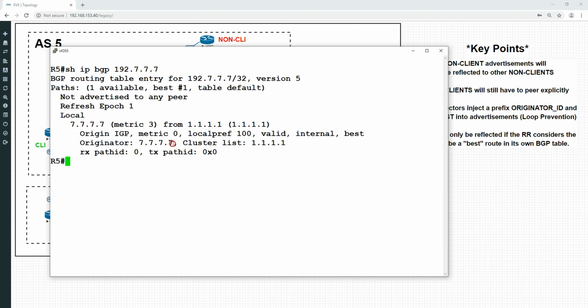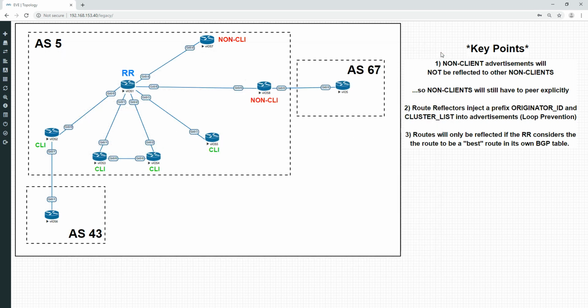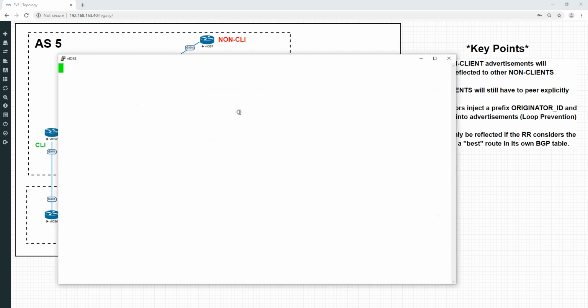had the same originator ID, it would drop it, because it would know that, listen, this has been reflected multiple times back to me and we're now looping. So route reflectors do have that mechanism built in. So what I'm going to do just at the end here is let's just do our